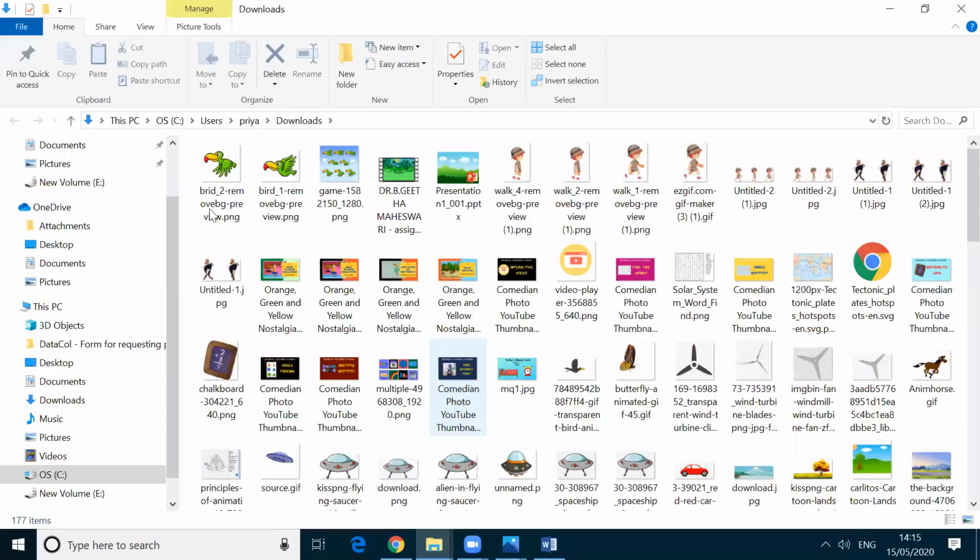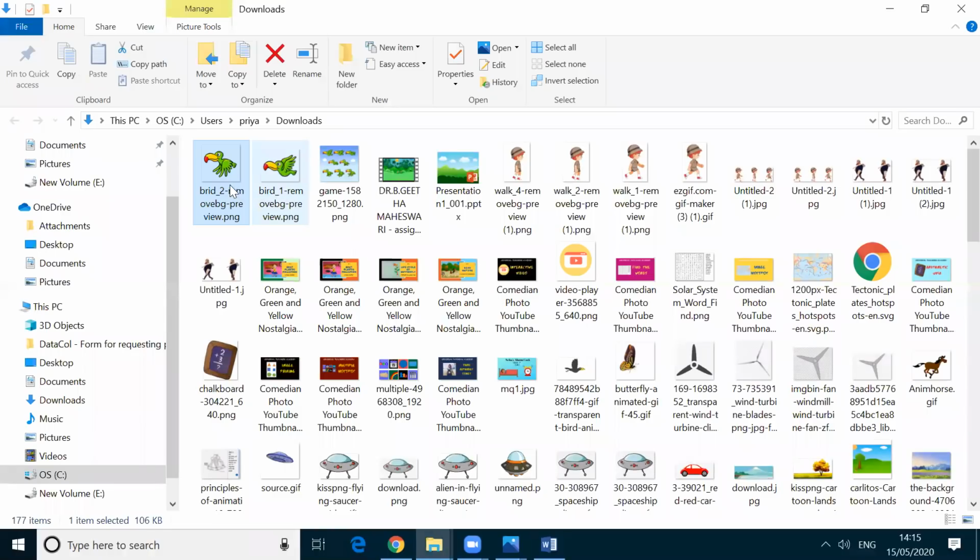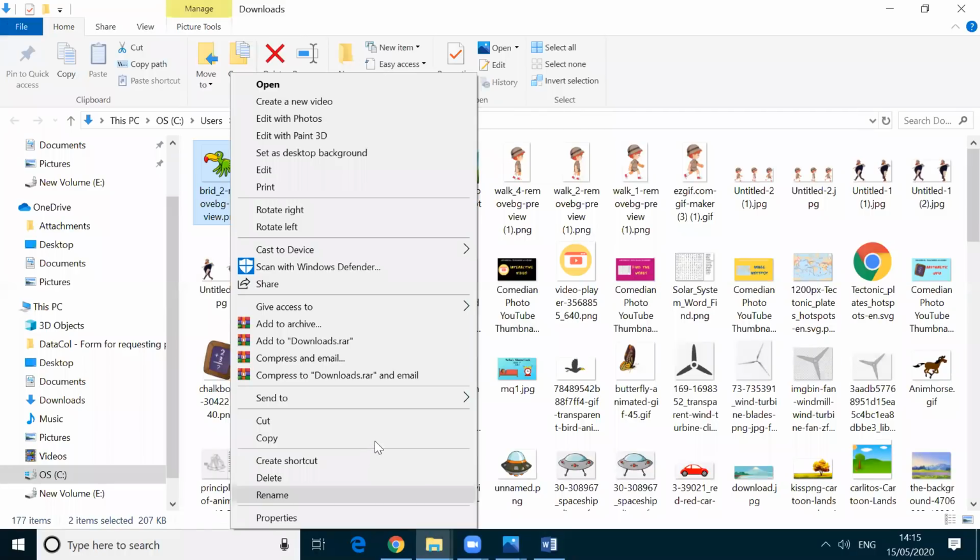Okay. Now here I could see the board. Now I'm opening it. See, there is no white background here. And in this also, you don't have any background, right? Now I am having two images. What I'm going to do is I copy both the images, right click, I copy,